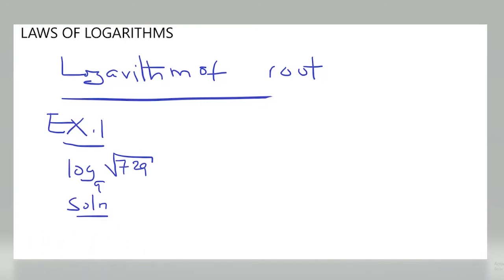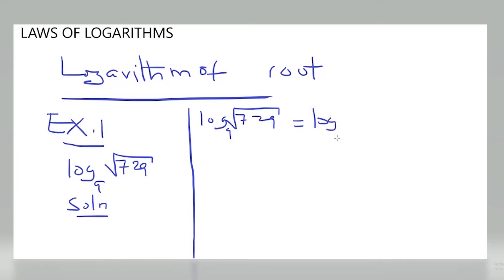Let me create enough space here. Now I can say logarithm of the square root of 729 to base 9 can be written, by the general formula, as 1 over 2